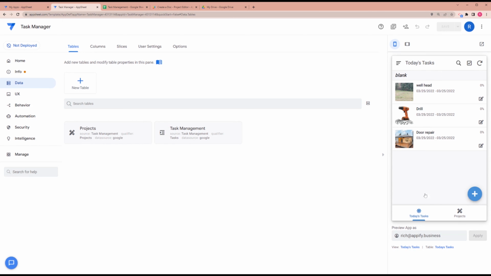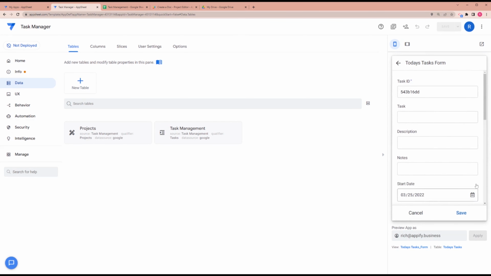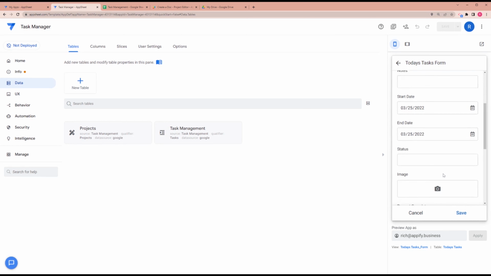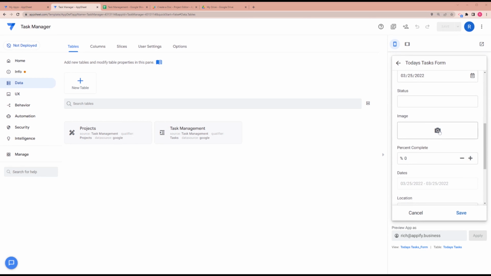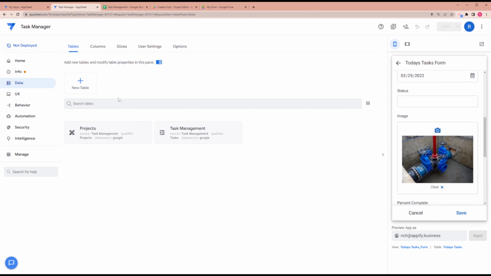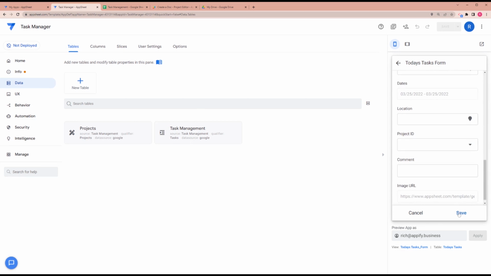So in this application, a very simple task management application, I'm going to go ahead and add a new task. I'm going to call it repair pump. So I'll give it a title here and then a description. I can give more details if I wanted to. Repair pump in warehouse. And then I'm going to just skip over a lot of the fields for the purposes of this demonstration, but I'm going to also add an image as well for this task. There, so I've added a picture of a pump to my task, and I'm going to go ahead and hit